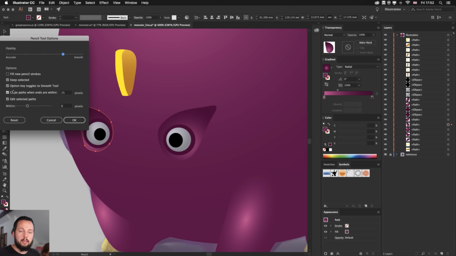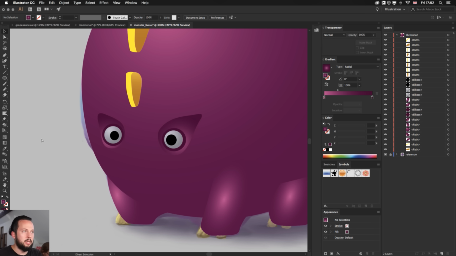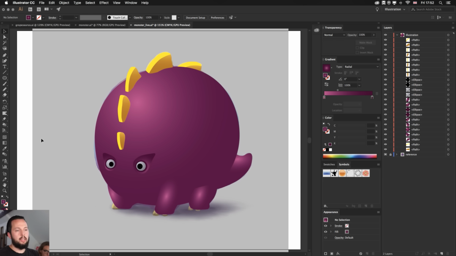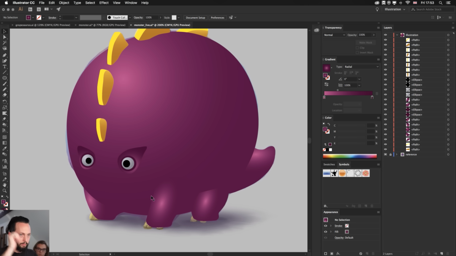But if you use the pencil tool and you turn on Option key toggle smooth tool, then you can just get to it much faster, because I use the pencil tool quite often, so I don't actually switch to the smooth tool most of the time. Even if I just need the smooth tool, I would move to the pencil tool, but that's just my personal preference. Okay, so I just refined these shapes a little bit, and once we see the mouth, it will be easier to decide whether it works and whether we like the way it looks. But we are starting to get to a quite good result already.